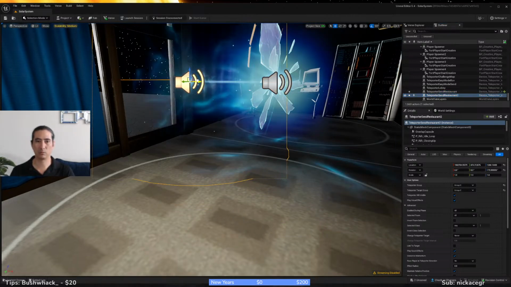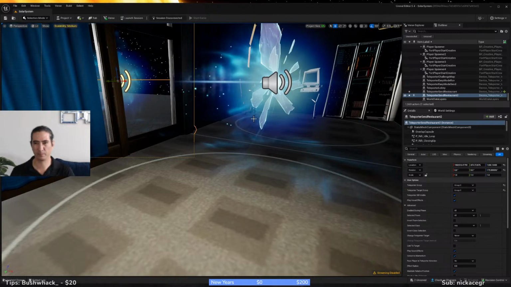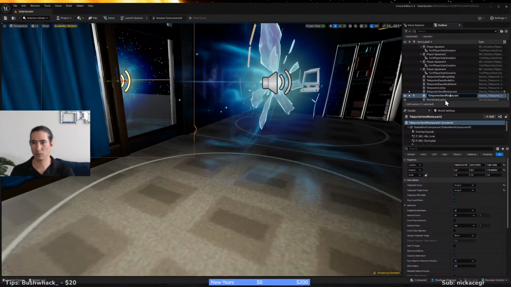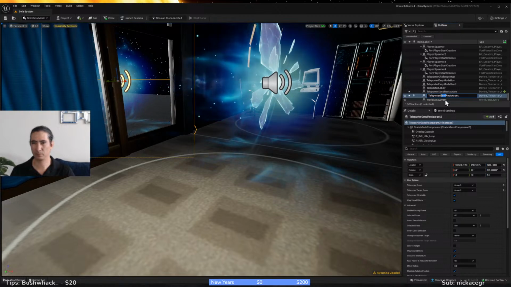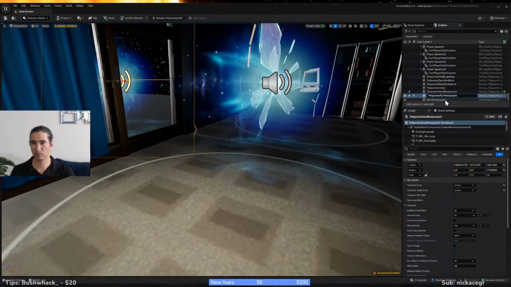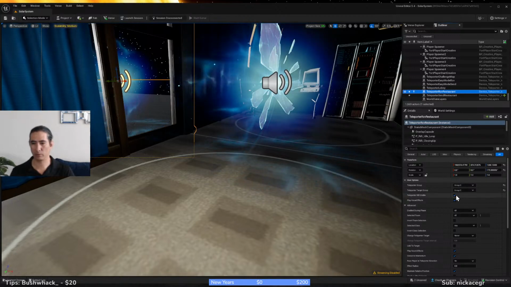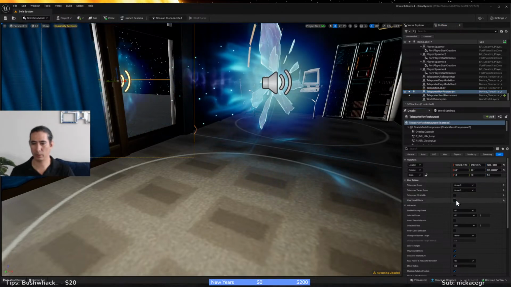This one we're going to duplicate. And this is receive. Teleport rift visible, negative. Play visual effects, negative.